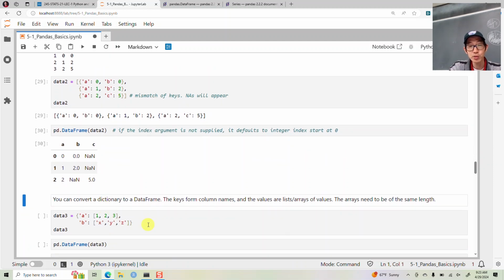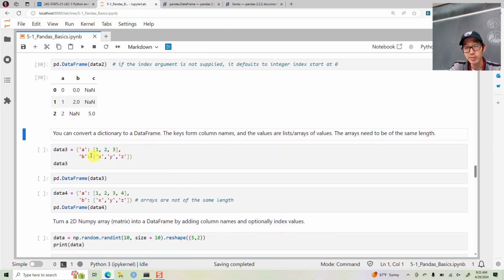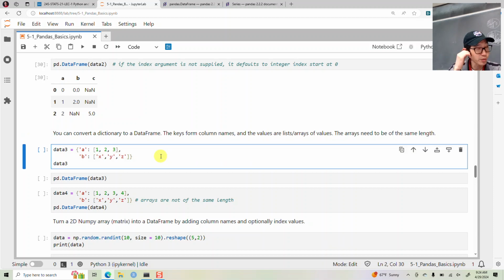You can also take a dictionary. Here I have basically key A, key B, and then I've got values, kind of these lists here. Here the arrays need to be of the same length in order for you to make a dictionary out of that. So I guess this would be the most similar way to creating a data frame